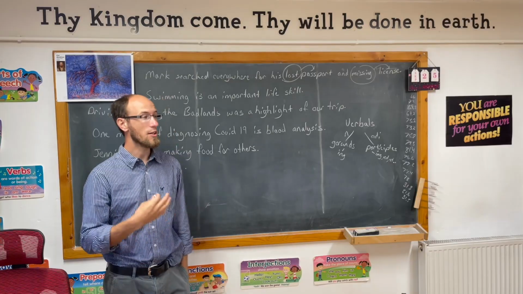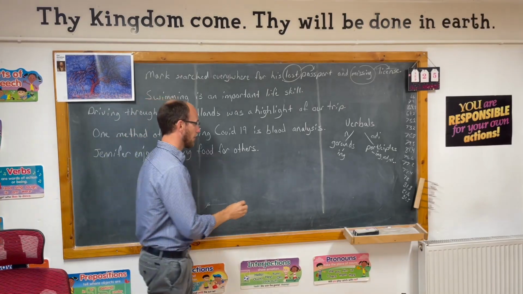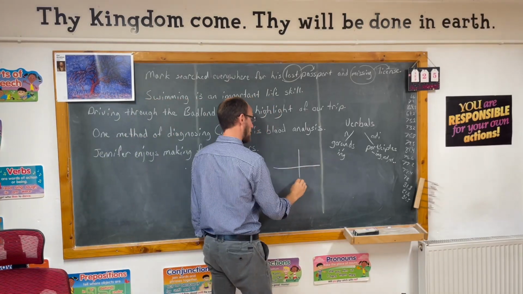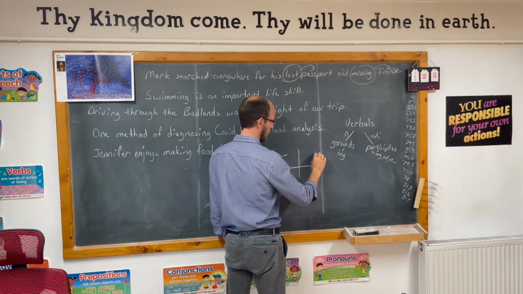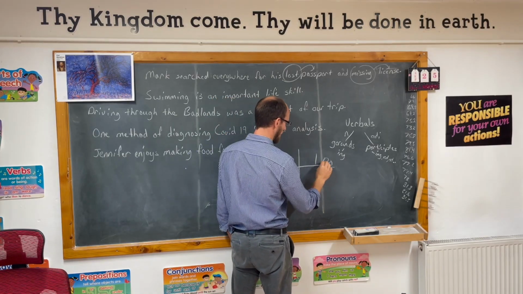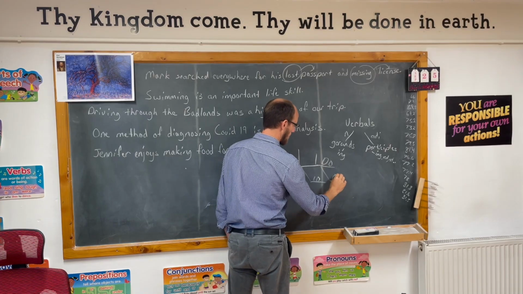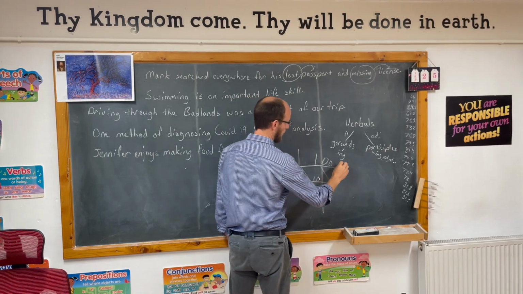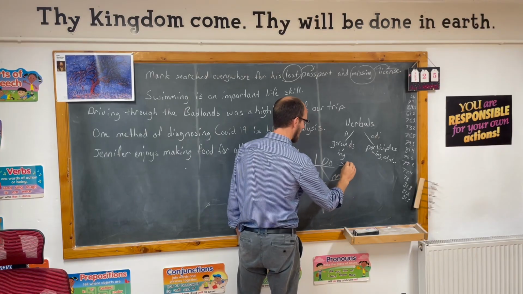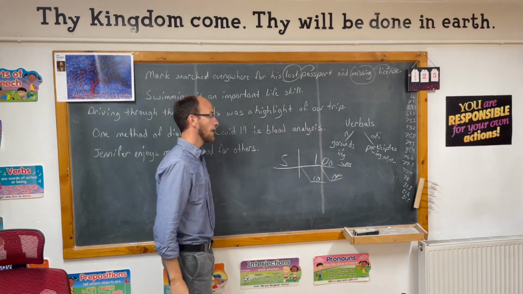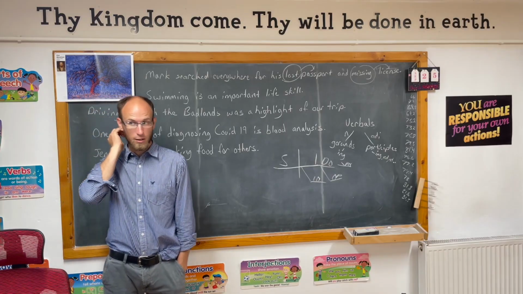Now, since it is a noun, that means that it can fill on the diagram anywhere that a noun can fill. So it could fill the subject spot, the direct object spot, the indirect object spot, the object of the preposition spot, and it could also fill the predicate nominative spot. Anywhere a noun can be, there can be a gerund.